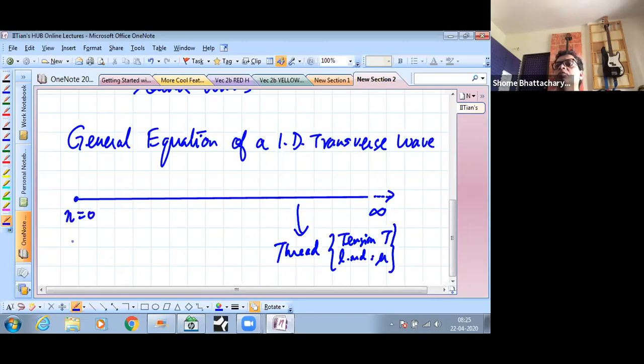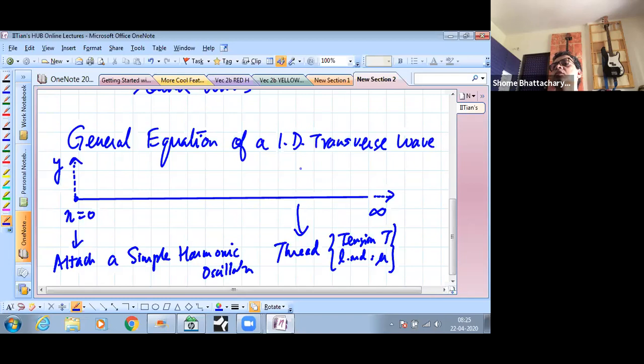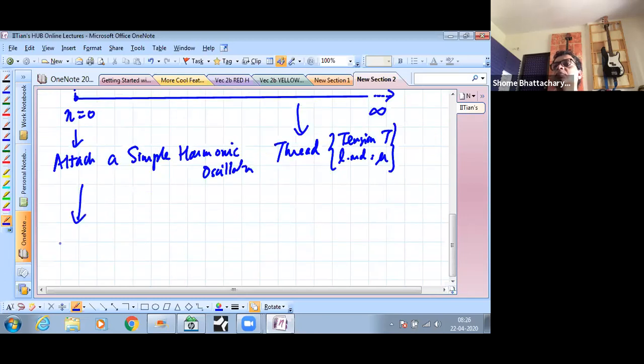what we do over here is we attach a simple harmonic oscillator. Okay, and that oscillator is, let's say, operating along the y-axis, whereas this is our x-axis. The equation of motion for that simple harmonic oscillator, the displacement of the origin as a function of time, will become some amplitude into sine omega t